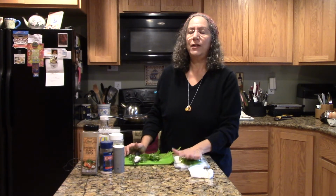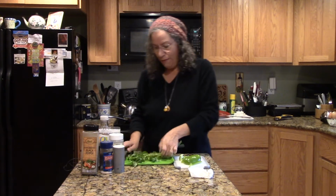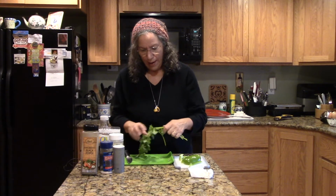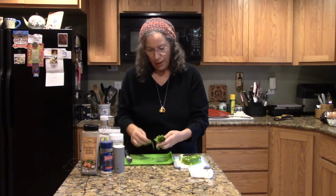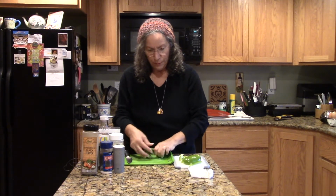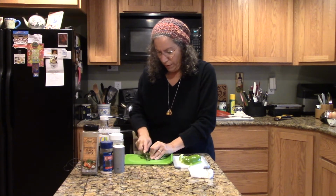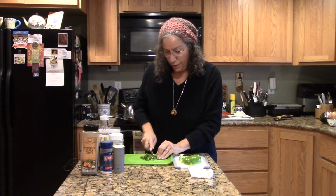I meant to get some Anaheim chilies, otherwise known as Ortega chilies, that give great flavor. They're usually very mild, so I don't have that, but I did pick up some fresh cilantro, and I'm going to dice that. I just put about 3 or 4 sprigs of it, stems and all, and I'm going to put this all in there for flavor, chop it up, let that cook down. And you can also,